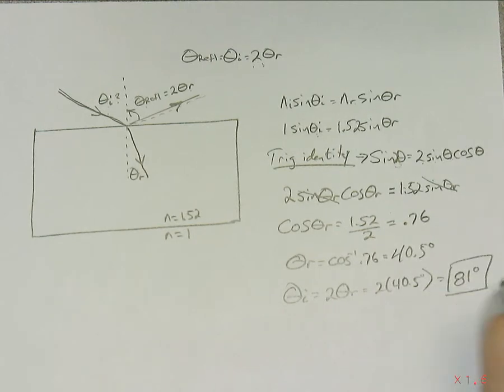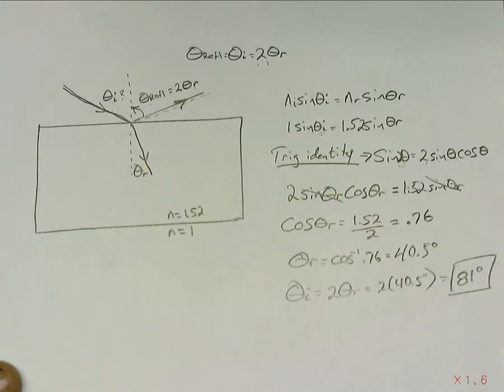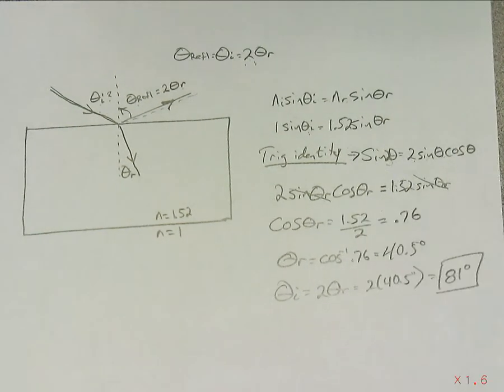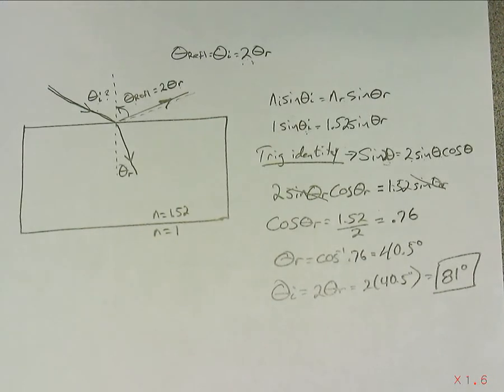answer. If you didn't get lost in the turmoil there, just go ahead and look at that trig identity again, and I think you'll see how that all comes together. And that's problem number